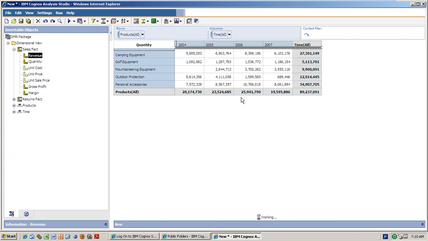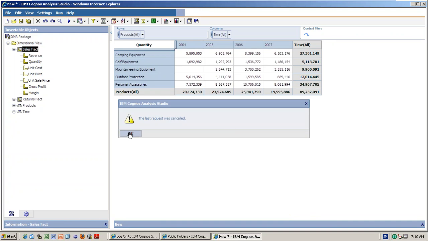So now you see the 2004 revenue value and the 2005 revenue value. So just cancel it, it's taking longer.